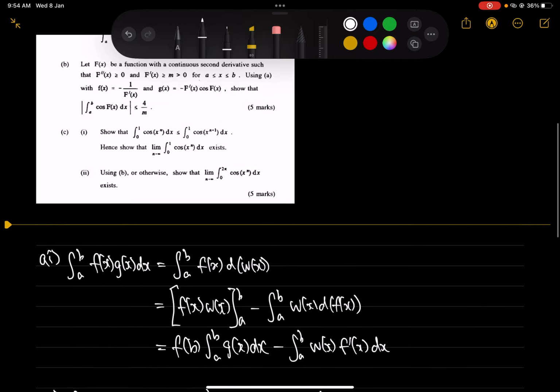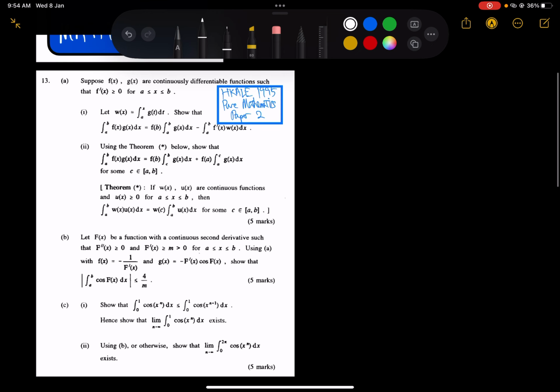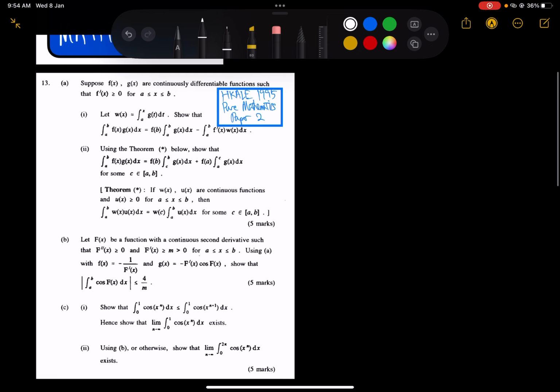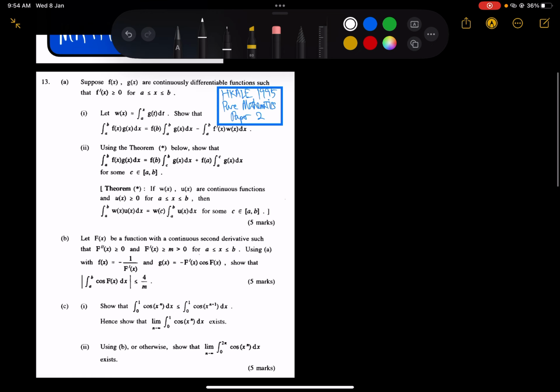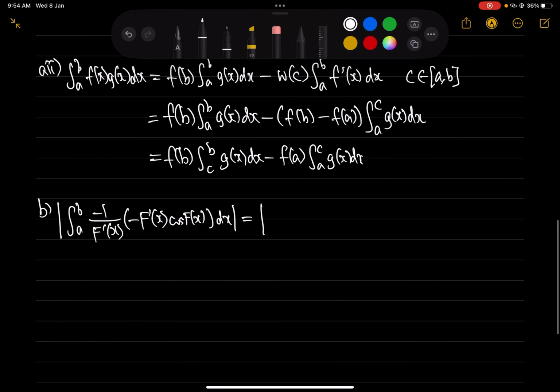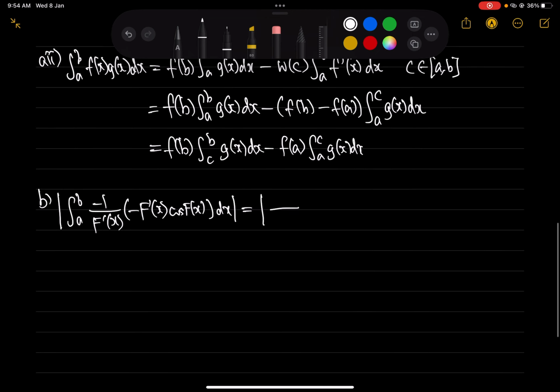This one, using part A2, we could get, just going to verify something because I can't remember. Okay, cool. It is equal to f of b is negative 1 over f prime b, from C to B of gx, which is that thing, negative f prime x cos